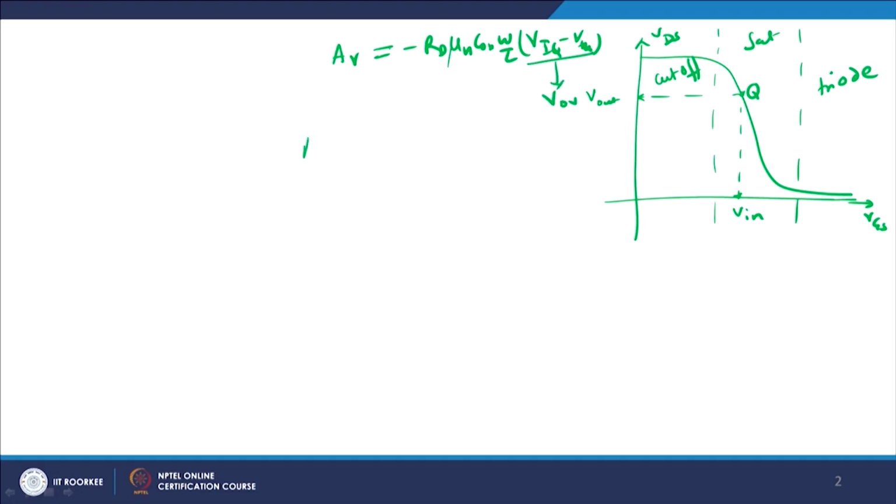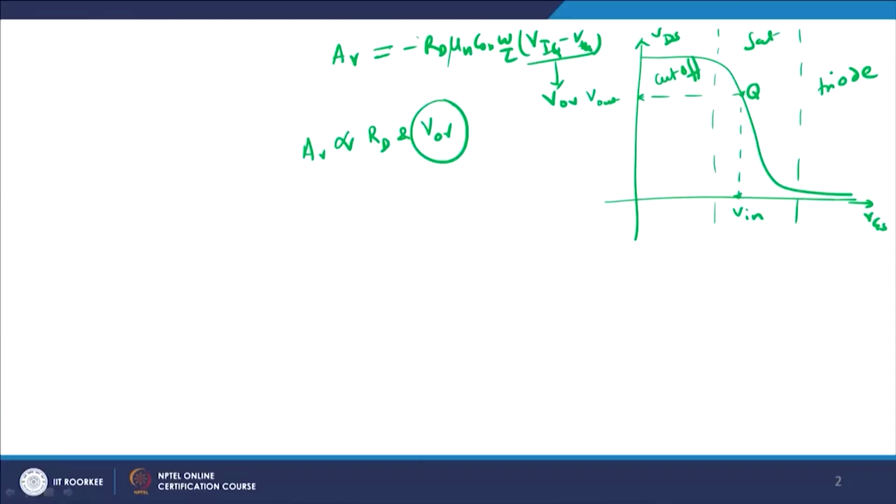So, AV, the voltage gain, is proportional to RD and also to the overdrive. So, the higher the overdrive, the more the gain, and of course the higher the RD you will also get more gain. But you have a negative sign here, which tells me that